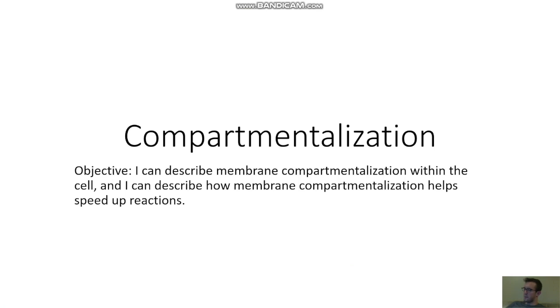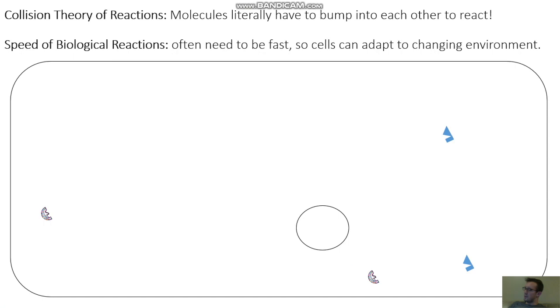Hey bio team. So if you guys think back to chemistry class, you'll remember that in order for a chemical reaction to occur, the reactant molecules literally have to collide with each other in order to react. We call that the collision theory of reactions. And so the fact that molecules have to randomly bump into each other in order to react poses a bit